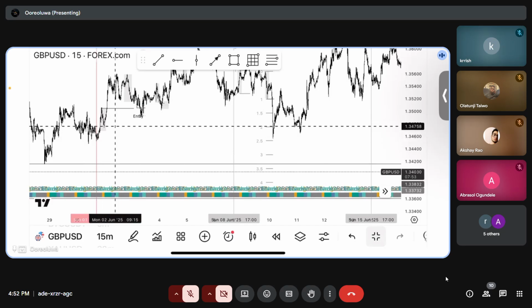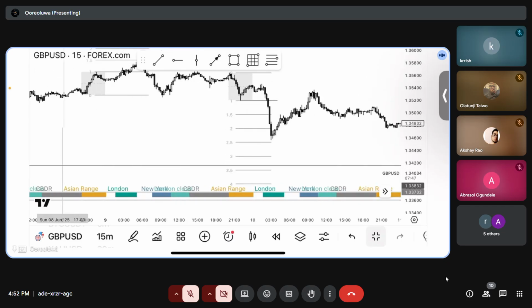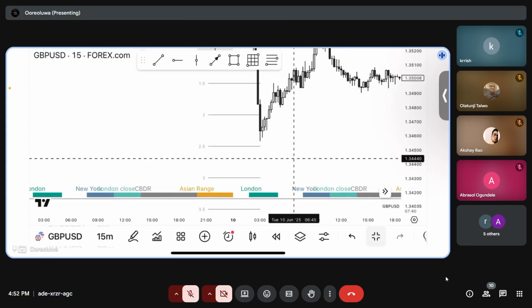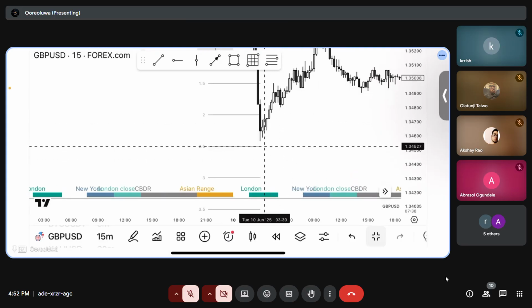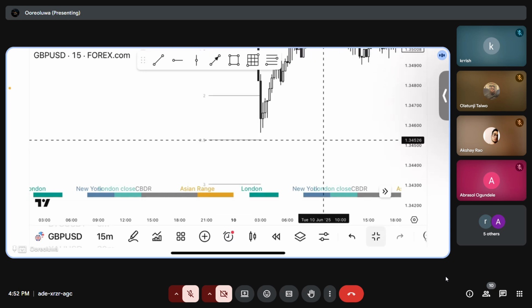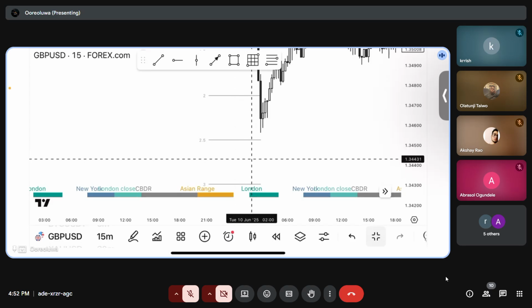So price came back to the opening of the week. This was the opening of the week. So the key level around here, the two is aligning with it. So this would have been your entry point. Okay, these two would have been your entry point. Then this 2.5 will be your stop loss point. But just know, all right, instead of you putting your stop loss at this 2.5, you put it slightly in the middle.